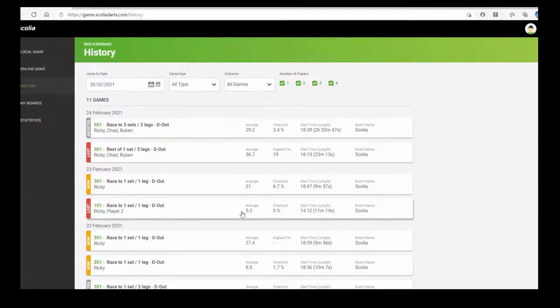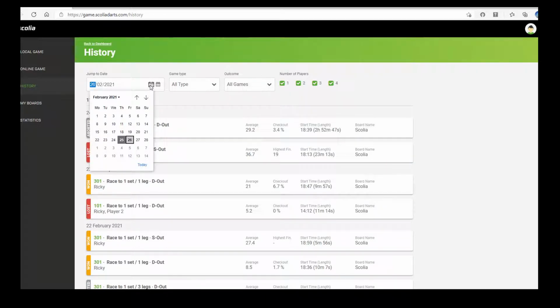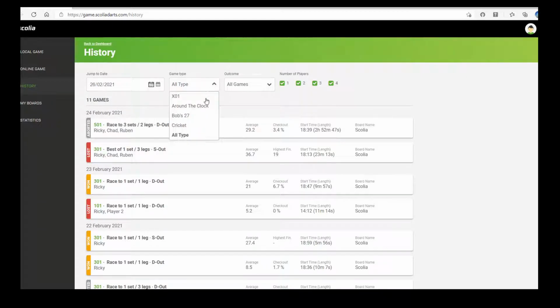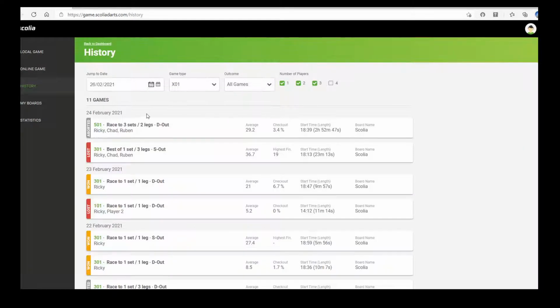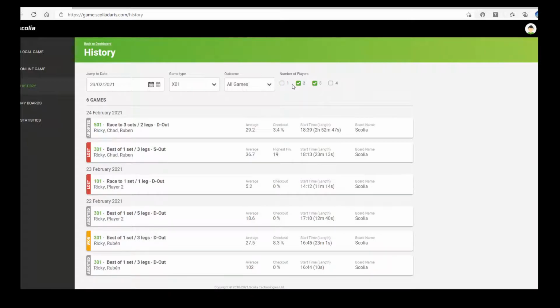And then the history. This is a really interesting part of the board and one I do like. So we can jump to your various dates of games. You can filter down to what games they are. I mean, all of these are O1 anyway. The outcome, whether it's been a game that you've won, finished, lost, aborted, or games, and how many players were playing. So we had 3 players playing yesterday, so we gave the board a good testing. But if I add the 3 now, you'll see there's the games as well. Okay, so